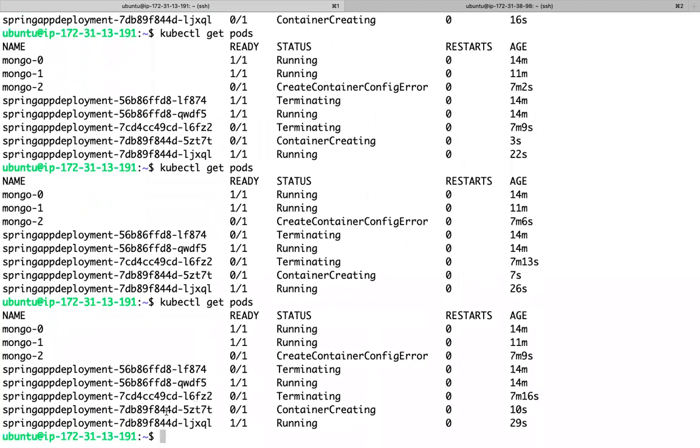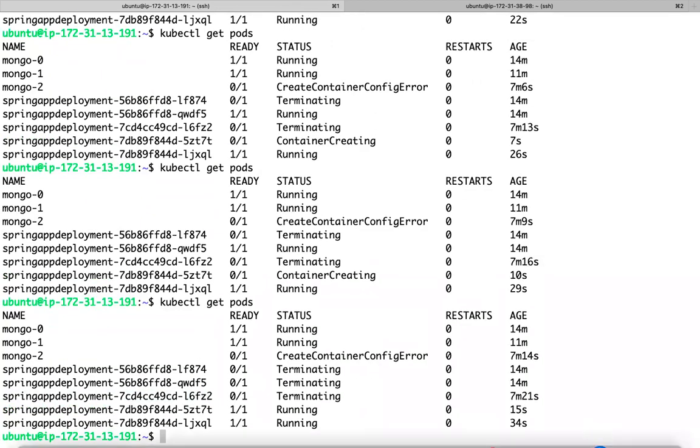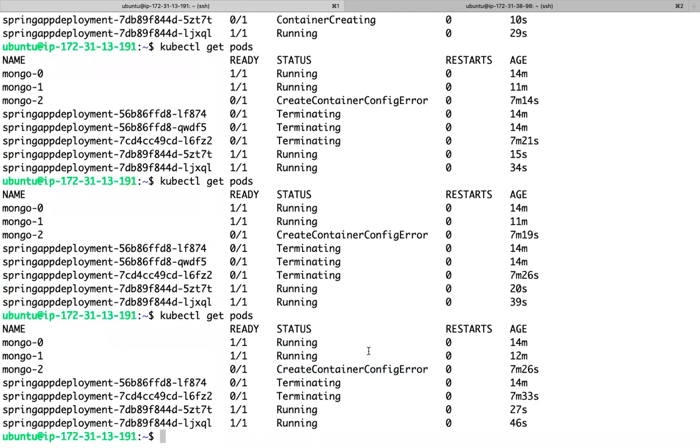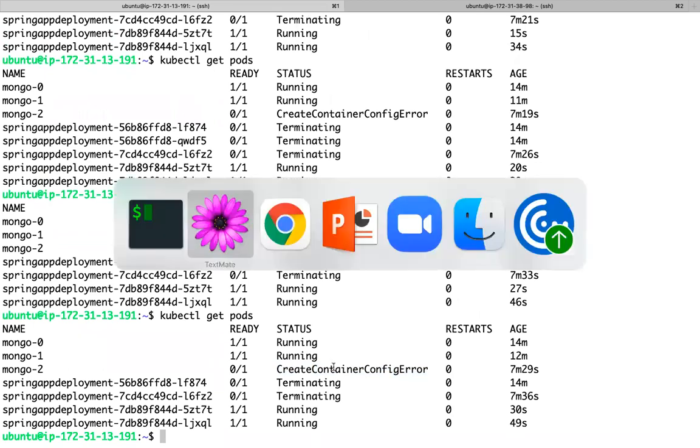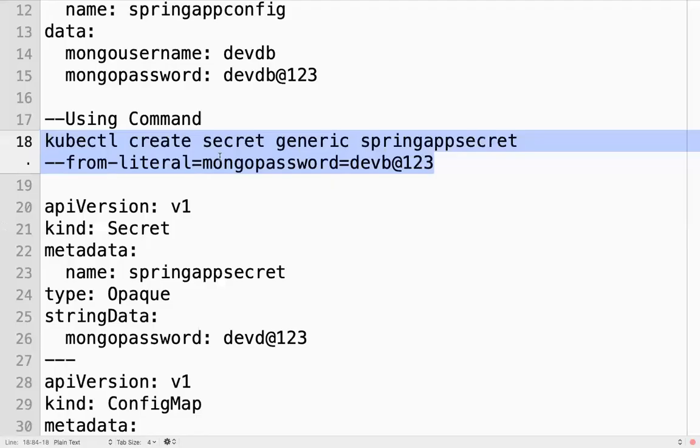It is terminating the old pods and creating new pods for your deployment. But guys, for a stateful set, you need to delete and create because it is not going to take that information. Whatever I just now created as a secret, it is not taking that information. Okay.